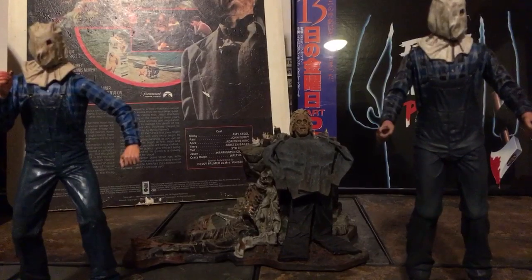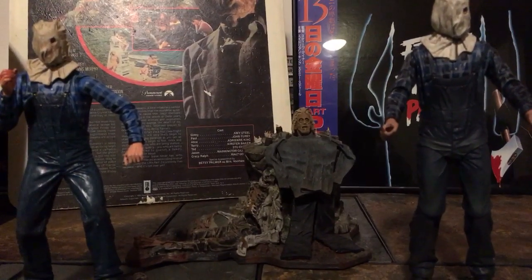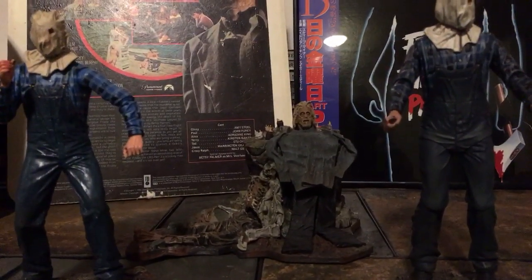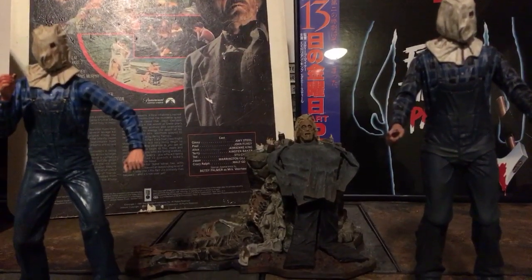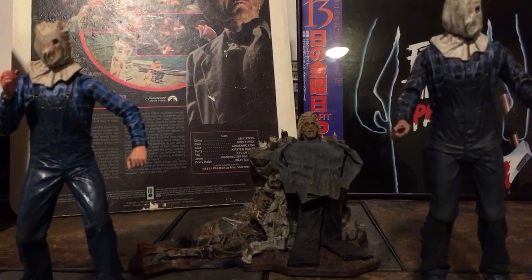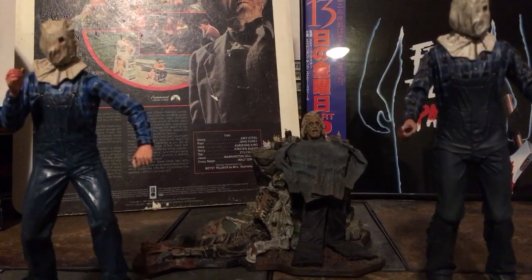Today we're going to take a look at NECA's brand new Ultimate Friday the 13th Part 2 Jason figure. And this review is going to be a little different than our past reviews. We're actually going to do a comparison and take a look at the differences and similarities between the latest release for the Part 2 figure and the old figure that was released back in 2006 as part of the 25th